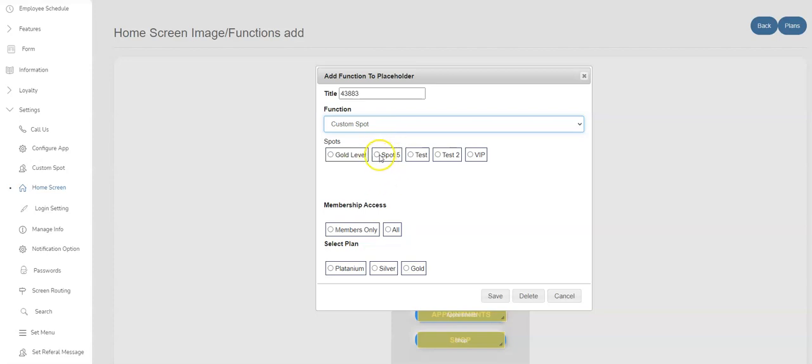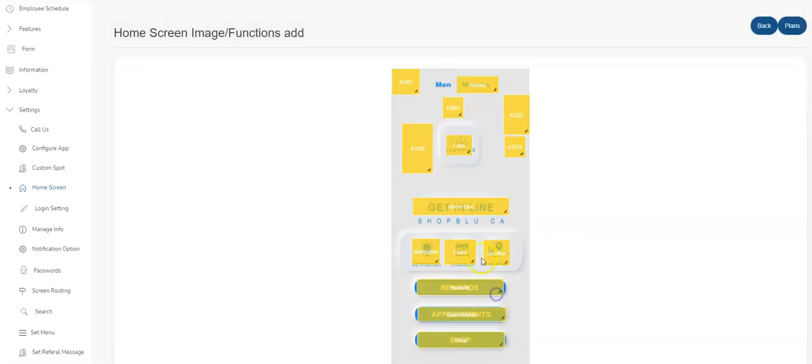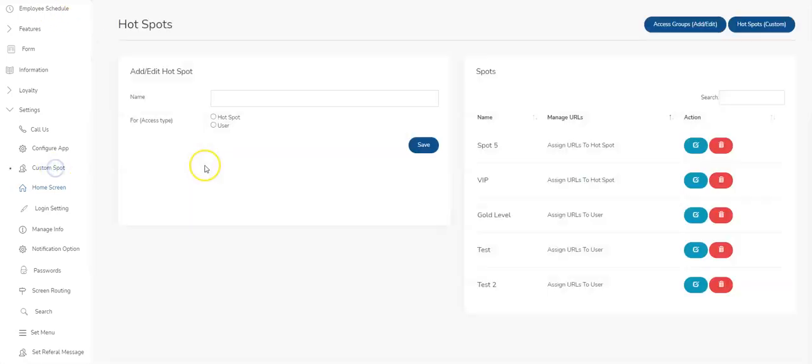So if I select this, it gives me the ability to create groups of users. And when I click this and save, all the groups of level 1, 2, and 3, when they click this button, are going to go to different pages. Okay, different URLs that I've created in there as well. So coming back over here, you can see again, like I said, the spot 5. If we edit this, we will see,